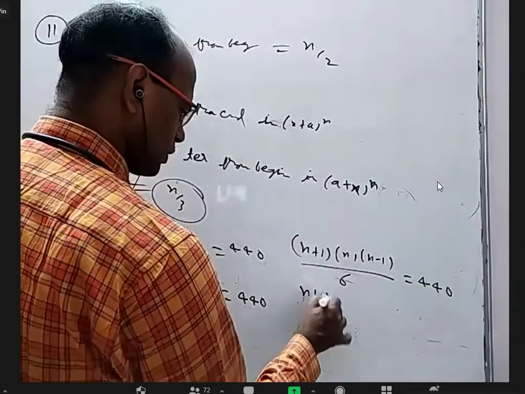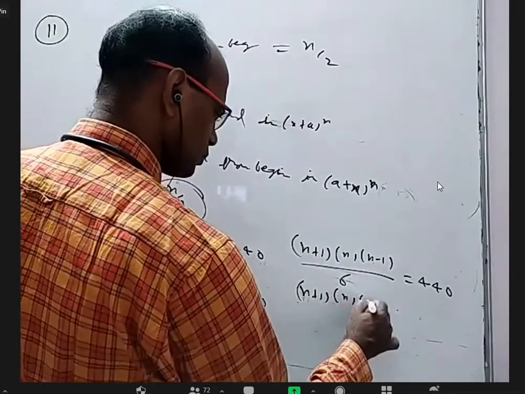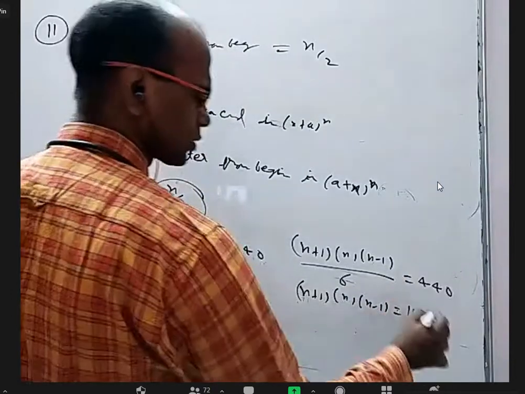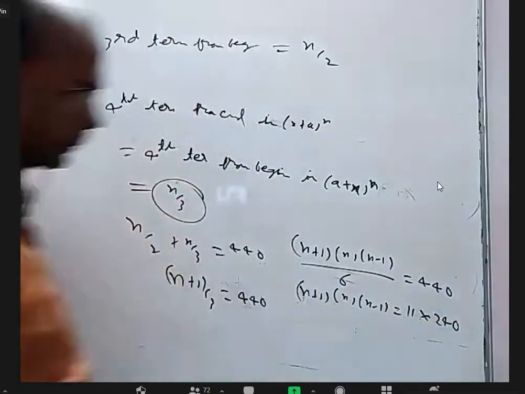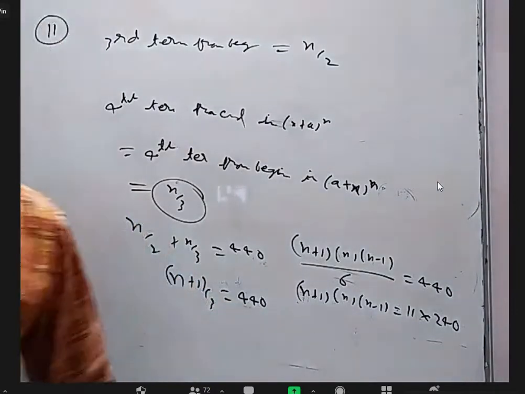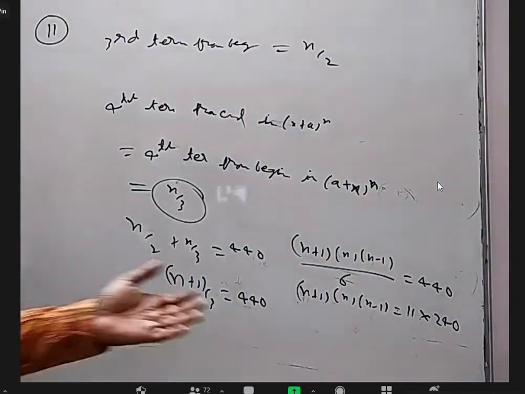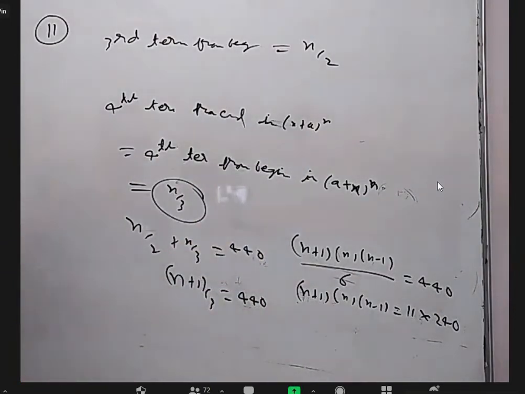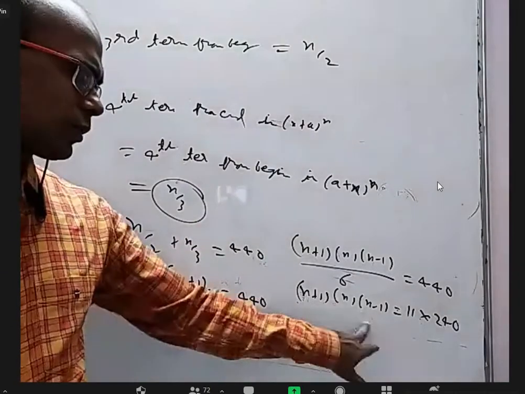This is (n+1)(n-1). I can borrow 11 here, and 6 into 40 is 240. Anyway, for a cubic equation, the only method that we use is the trial and error method. So after expanding, I have to do trial and error. So now itself, I want to do trial and error. Can I think of three consecutive numbers whose product is